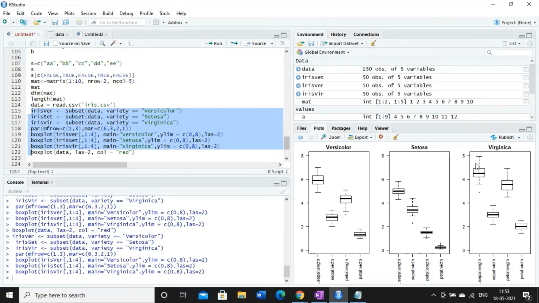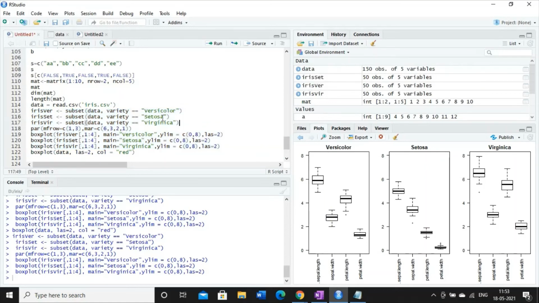Box plots are very important for statistical analysis, because from them we can find the quartiles, median, and the concept of outliers also. But the advantage of the combinational plot is that we can find, at a time, all the box plot analysis of the different species available in my dataset.